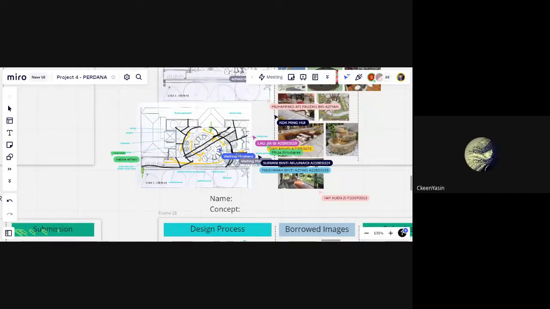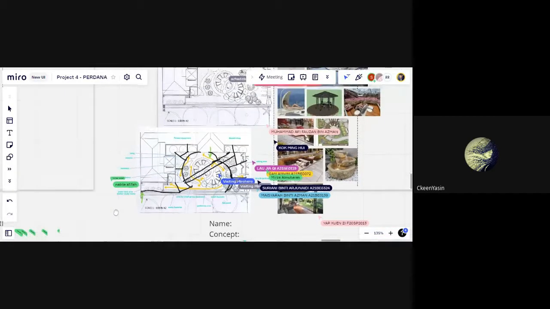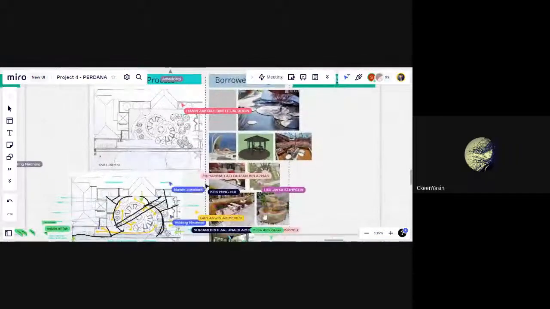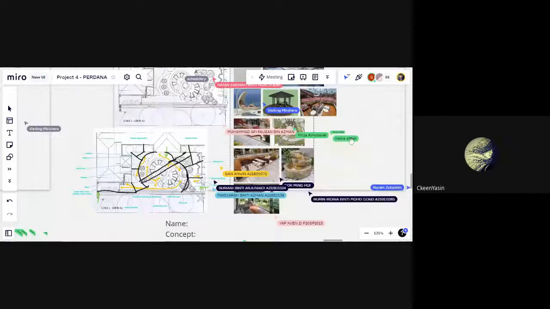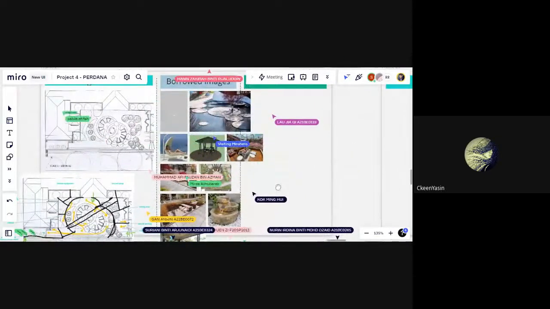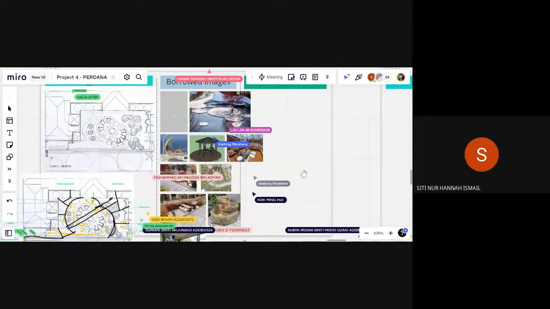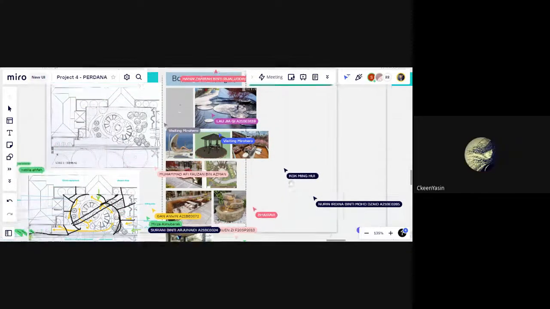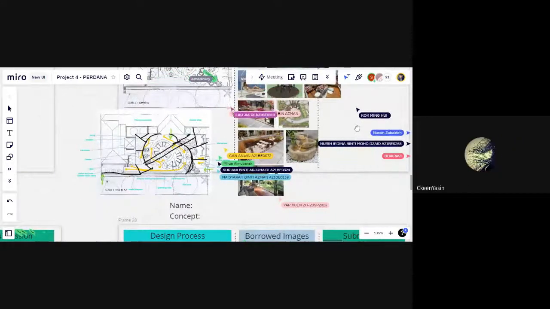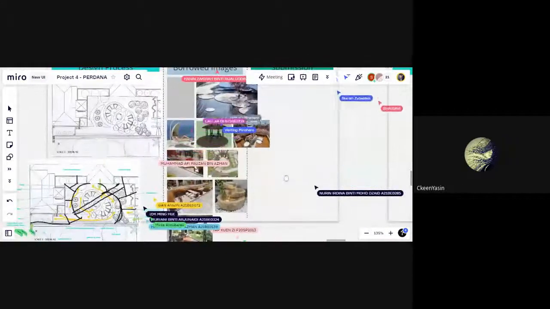And then you have such a good borrowed image here, yang water feature ni. Where is it? Water feature? The water feature with the round things that you can walk on. Here. On top. Yes, right. The top one. This is good. Where is that on your plan? That's nice. This is nice. This is modern, nice. Yeah, but you see how